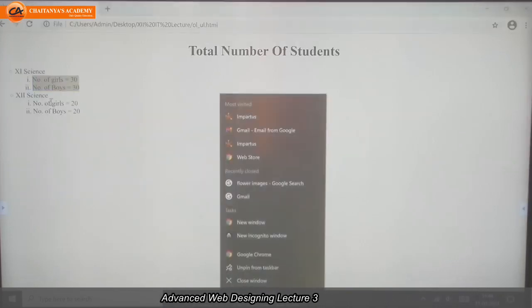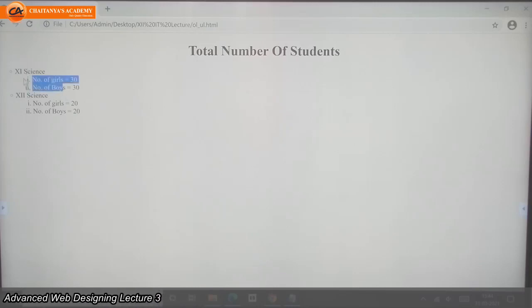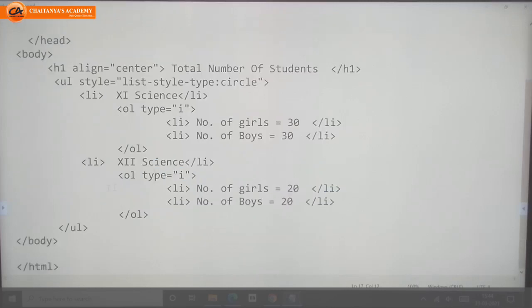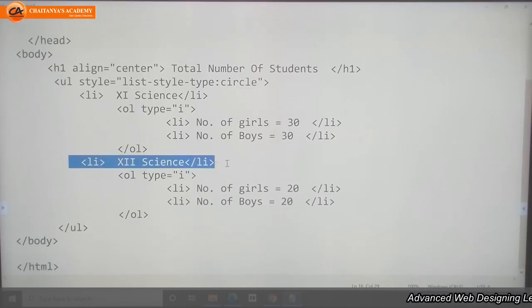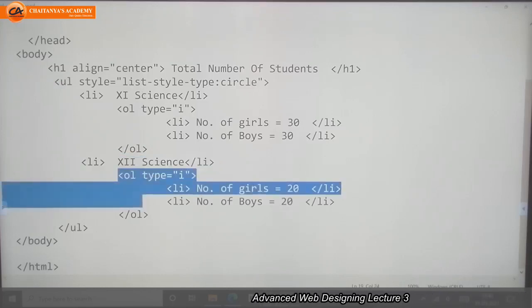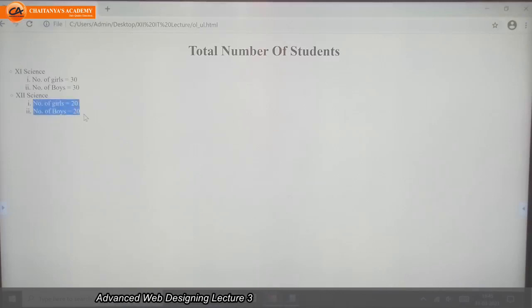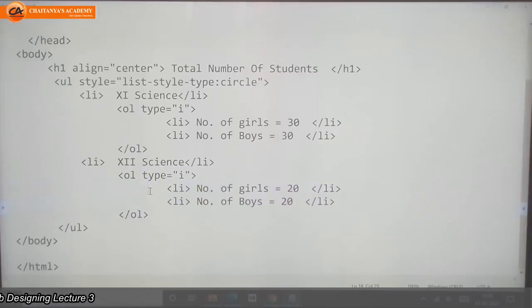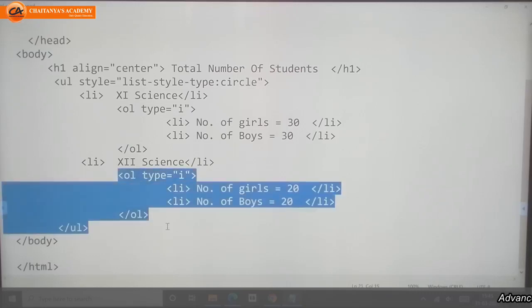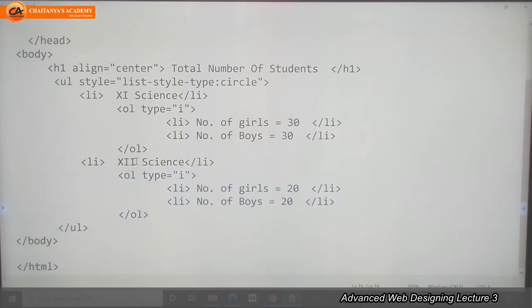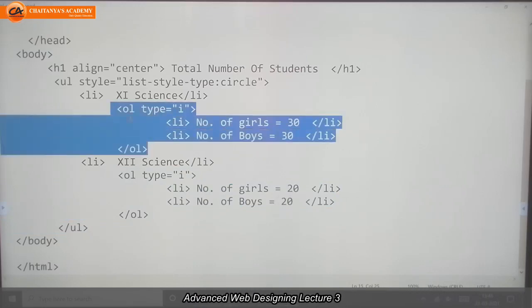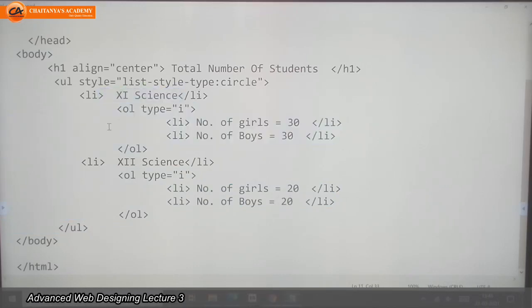So this is the ordered list for this unordered list item. Next, for the second unordered list item, after 11th science, 12th science, again I want two more list items which are numbered. For that purpose I need to use the OL tag again with the type attribute and with two list items. So again a separate OL tag for this unordered list item.